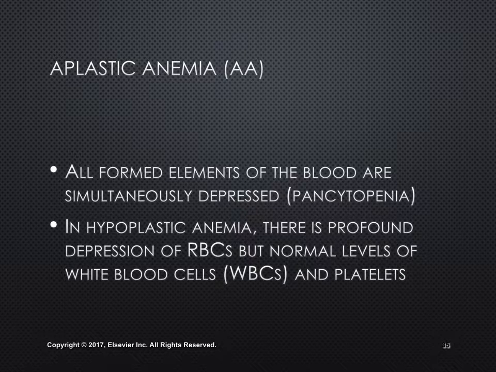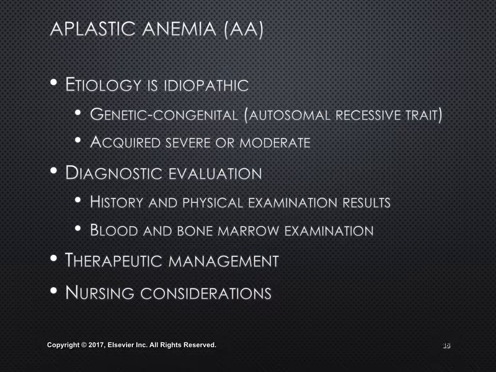Aplastic anemia, AA, is when all formed elements of the blood are simultaneously depressed. We call it pancytopenia. In hypoplastic anemia, there is profound depression of the RBCs, but normal levels of white blood cells and platelets. So, two different forms. The etiology is idiopathic. In other words, we really don't know why, but there are some genetic, congenital autosomal recessive traits in some cases, or it can be acquired,